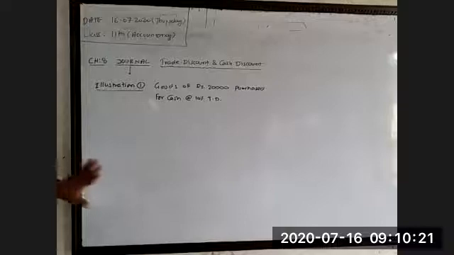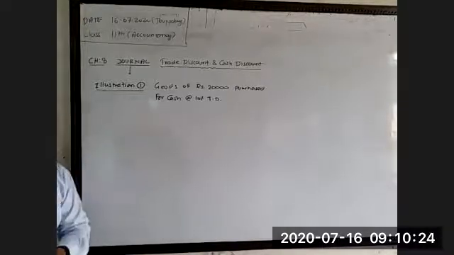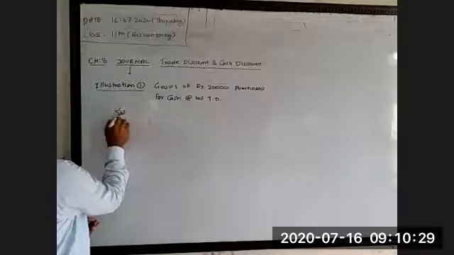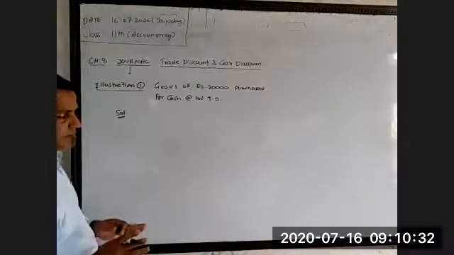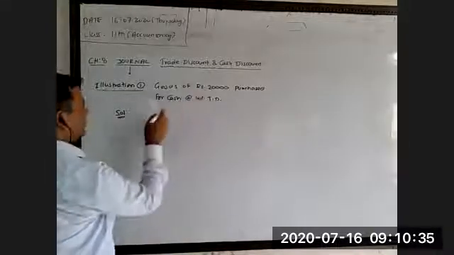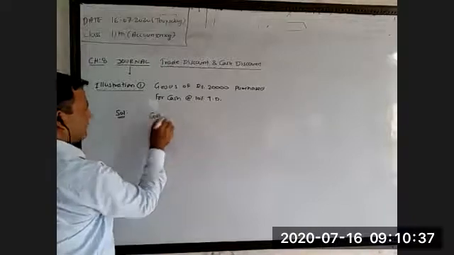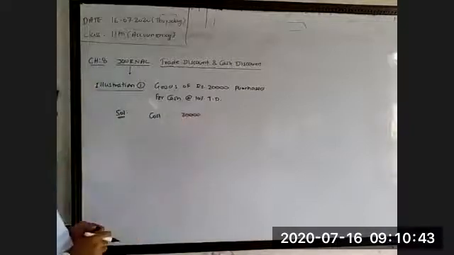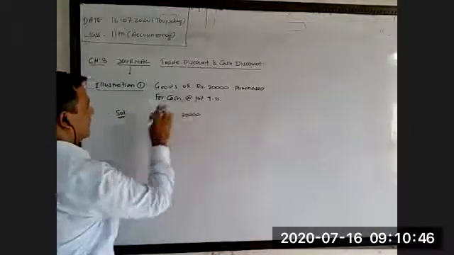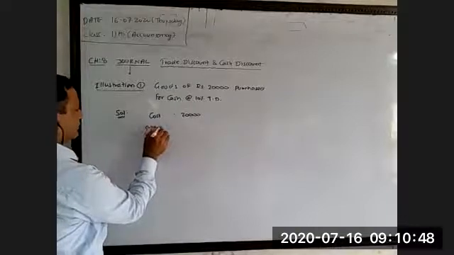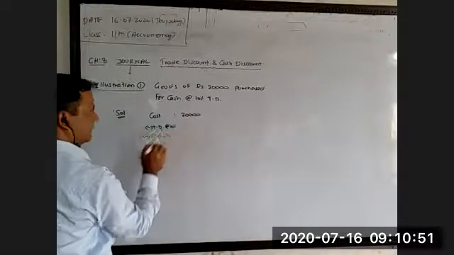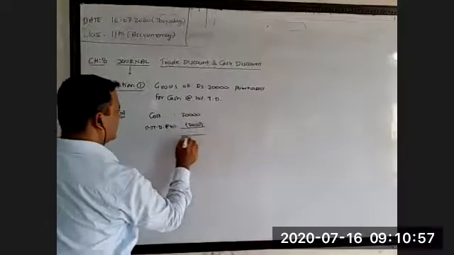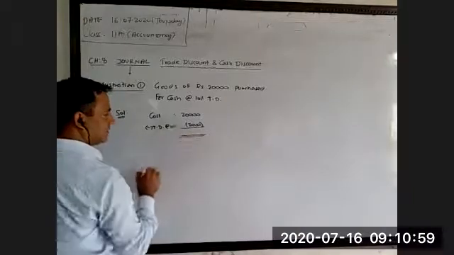It means the shopkeeper has allowed 10% discount on the goods. So before making the entry, we have to find out the real value of goods, correct? In this question, what is the cost of goods? Can anyone tell me? The cost of goods is how much? 20,000. Very good. And out of 20,000, he has allowed us a trade discount at 10%, which is 2,000. Correct?